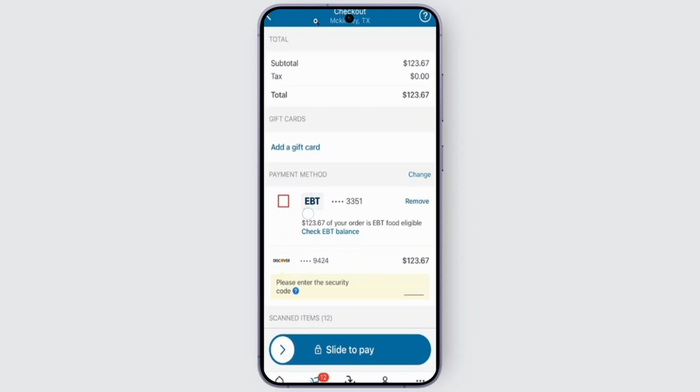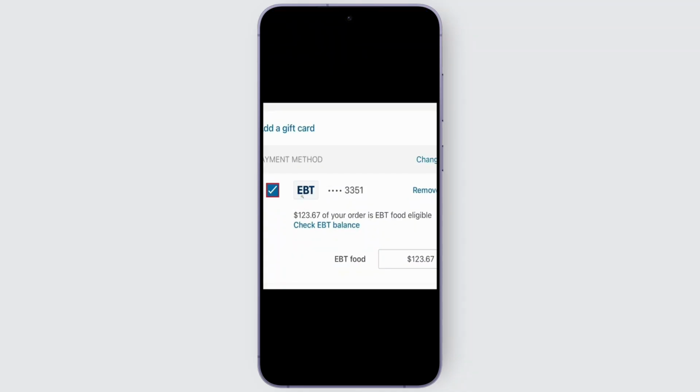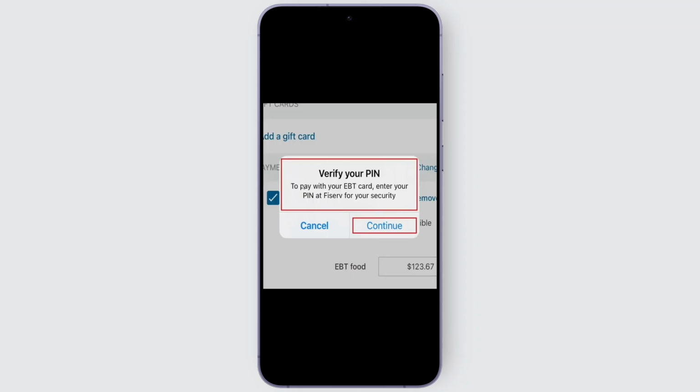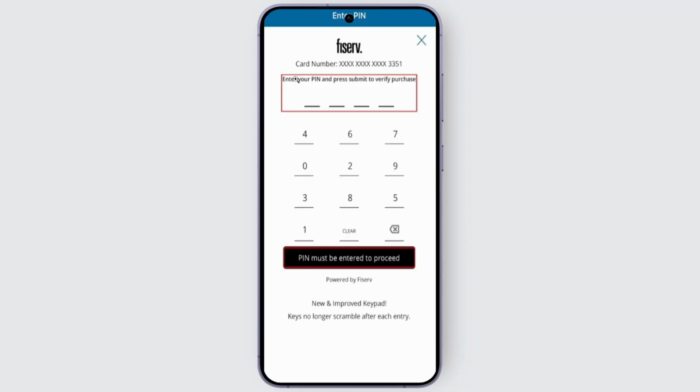All you need to do is go ahead and check mark this EBT option right here. After that, go ahead and check out and verify your PIN. Continue with the process, and you need to enter your 4-digit code in order to make the transaction with your EBT card. So that is how you add your EBT card to Sam's Club